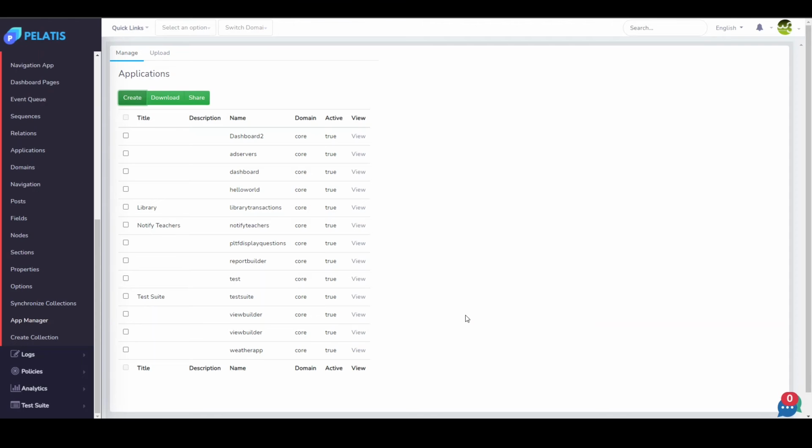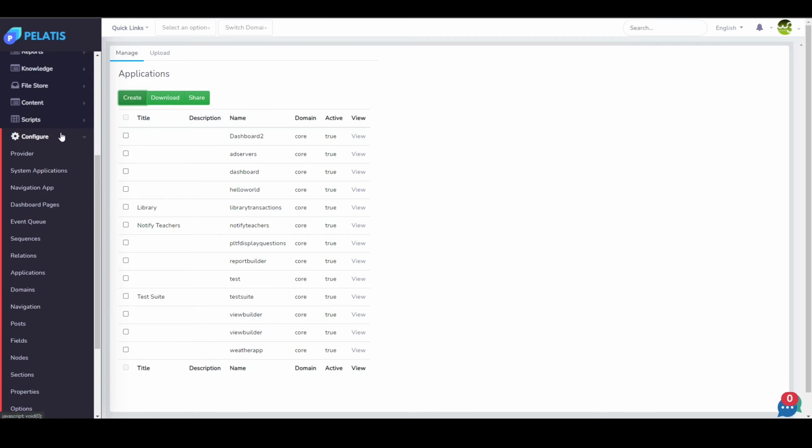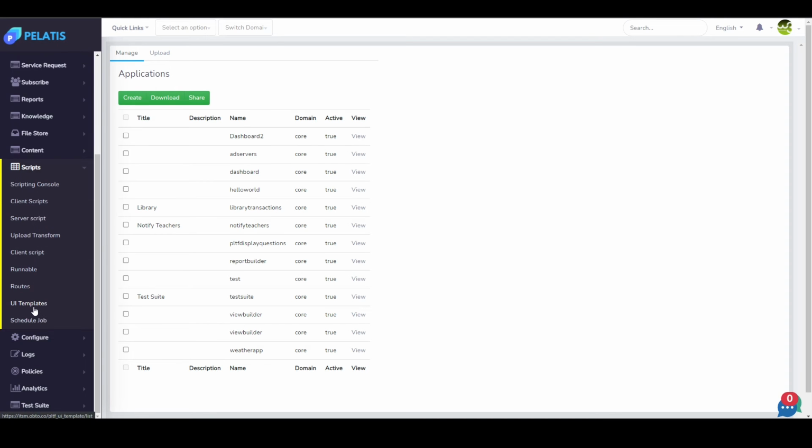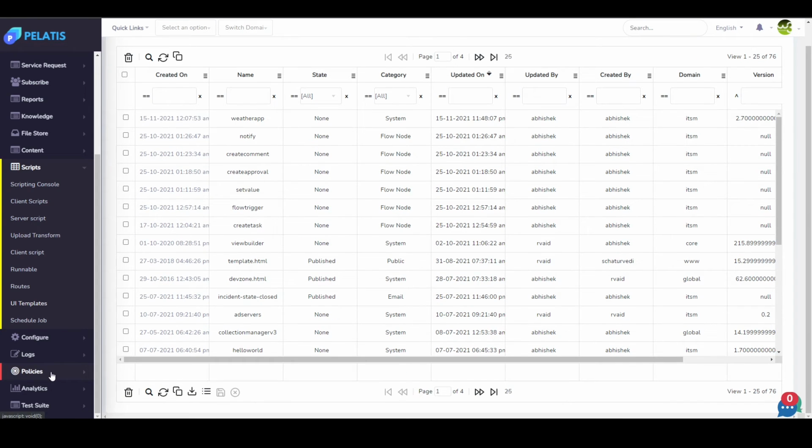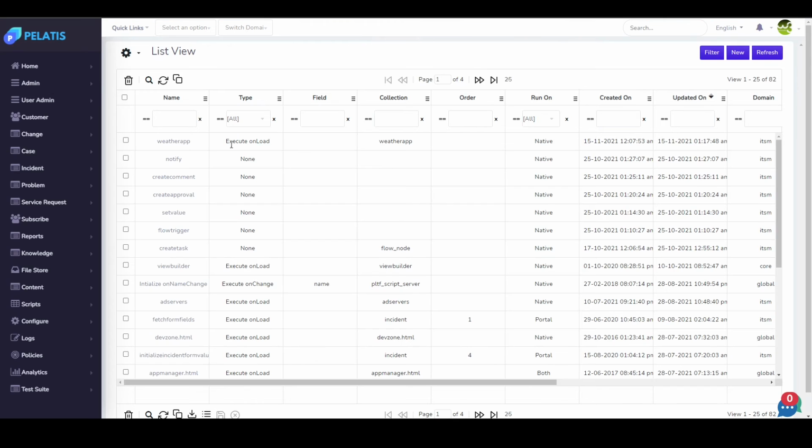So just click on cancel, and now just head straight to UI template. Over here at the top, you can see that the weather application is listed at the top itself. Whenever you create a new application, the components of that application are listed at the top. Now this is the UI template. Basically, these are all the HTML files belonging to different applications on the platform. And policies. I showed you that a client policy was checked, so client policy has also been created over here, like you can see, weather app.